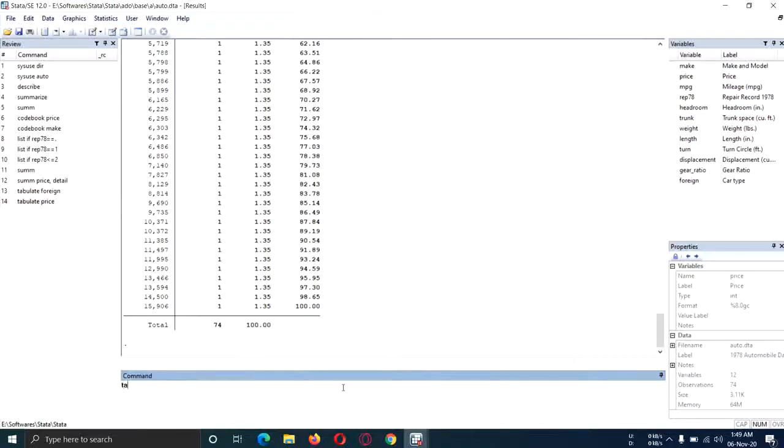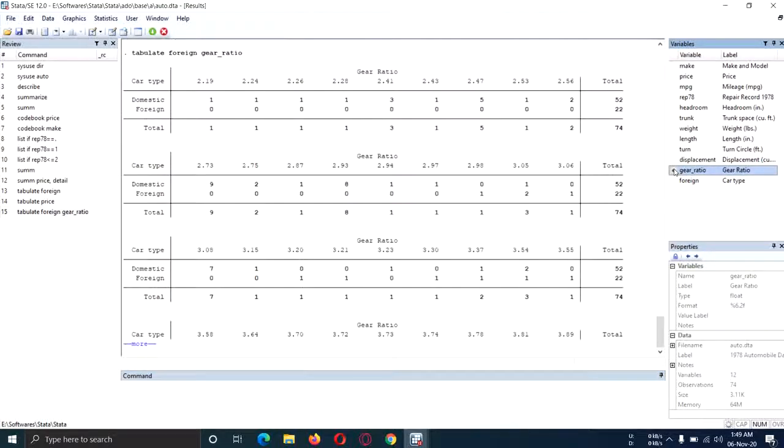For example, tabulate foreign and gear ratio. What it will do is give you information related to domestic and foreign by categorizing gear ratio. In what sense? You can see the values of gear ratio 2.19, 2.24, 2.26.